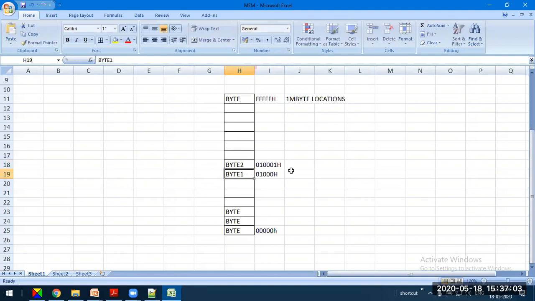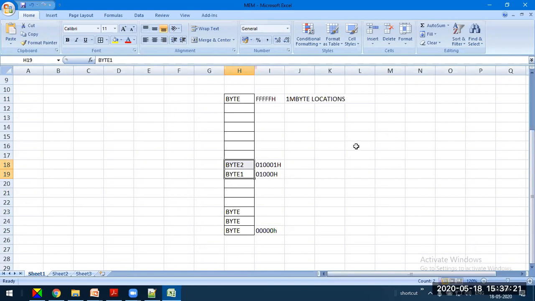Now, if you want to read only one byte, you can read from location 01000H. If you want to read word data from location 01000H, then the processor will read these two bytes.